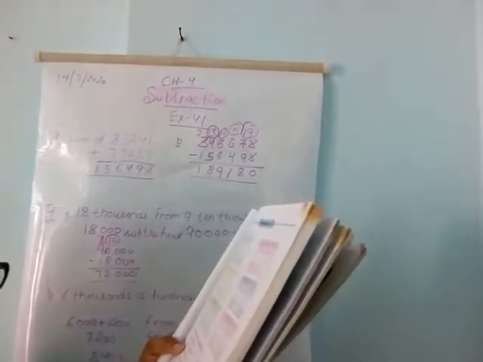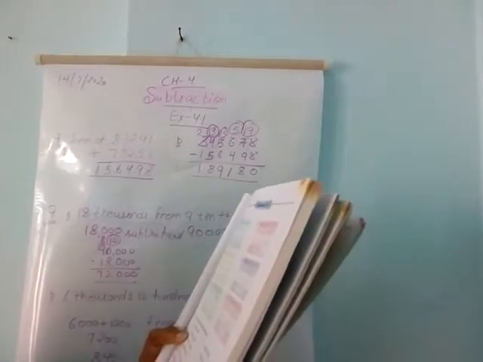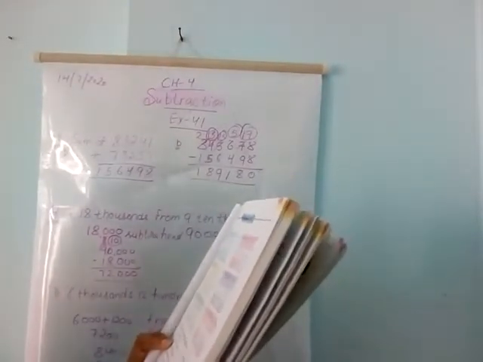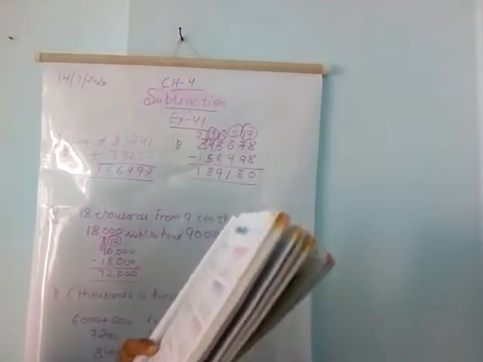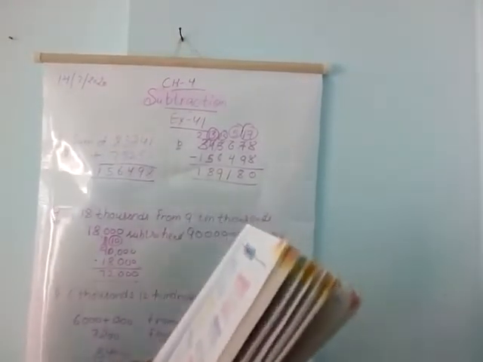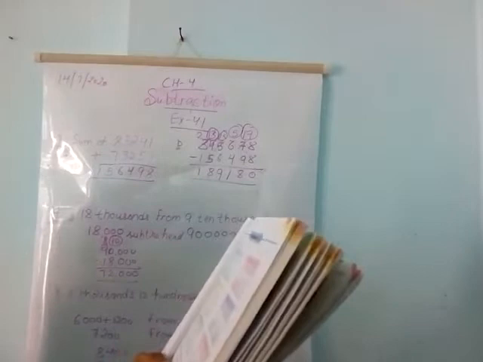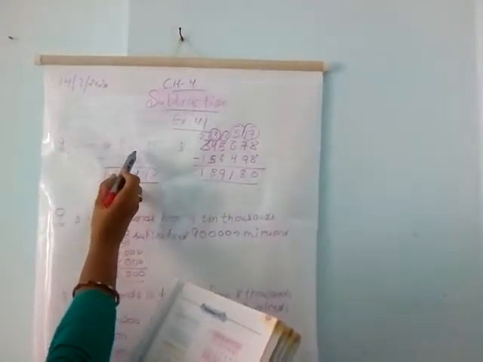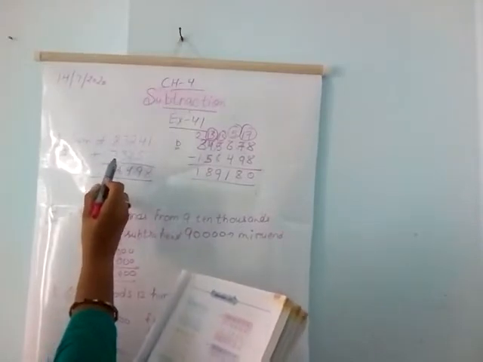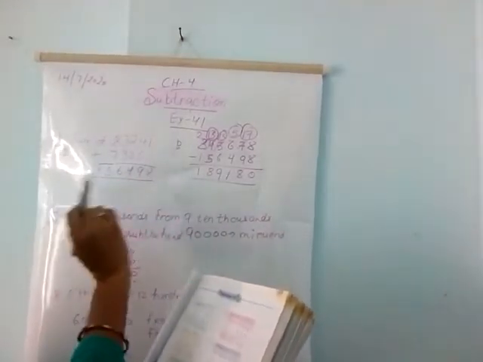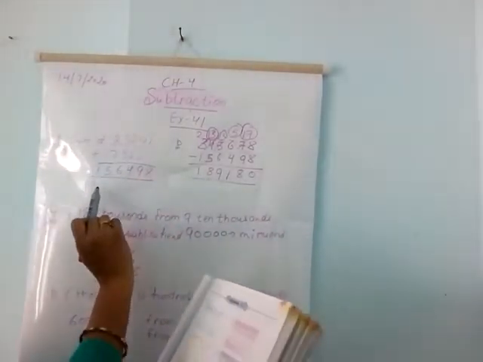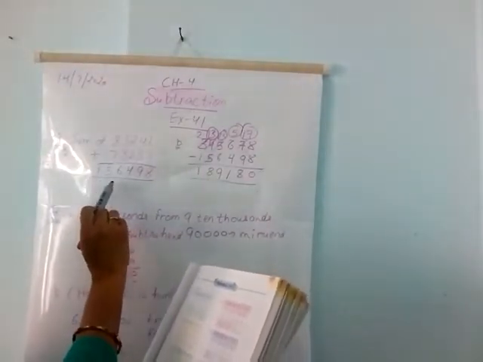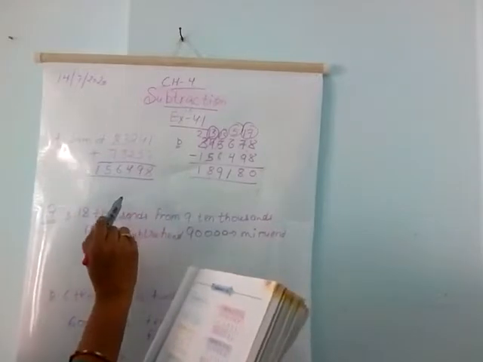83,241 and 73,257 from 3,45,678. So as from the question you have got it, subtract the sum of, first of all you have to find out the sum of 83,241 plus 73,257. So when you get it, you will get the answer as 1,56,498. I hope you all get it.